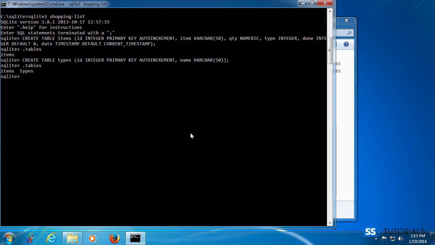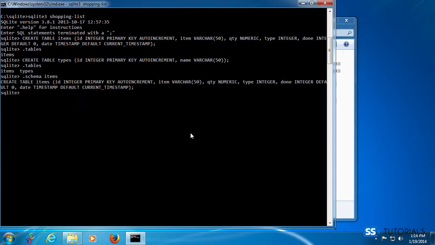Now, if we type .schema items, for instance, and hit enter, you can see the definition of the table, basically. So the whole statement which we've used to create this table. The same for our types table, so .schema types and hit enter, and you can see the whole statement is here. So now that we know we've got two tables that we need for our exercise,